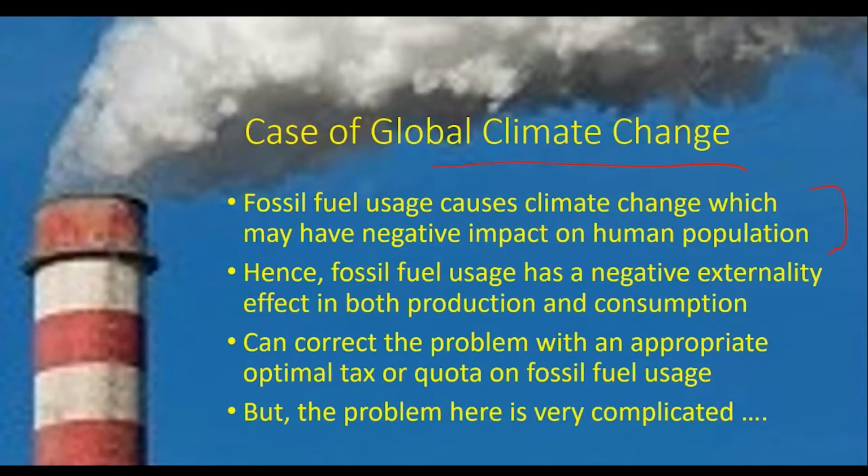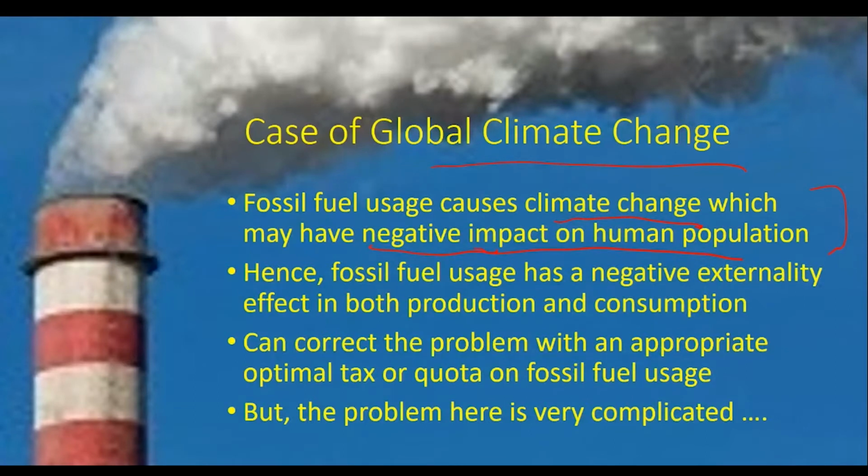Okay, so the first bullet point here. First of all, fossil fuel usage, which creates carbon dioxide that is emitted into the atmosphere, causes climate change, and that can have a negative impact upon the human population. That's the science that we know about. And that's what's being, to some degree, disputed, as some people claim that climate change is not real or it's not caused by humans. I'm going to ignore that issue and just say it's accepted fact that fossil fuel usage is causing climate change, and that's going to have some sort of negative impact upon the human population in the future.